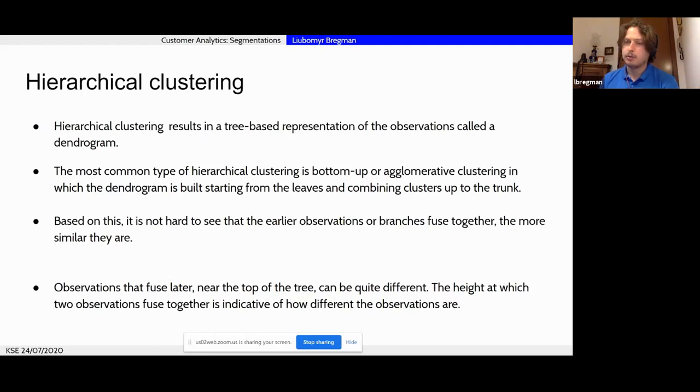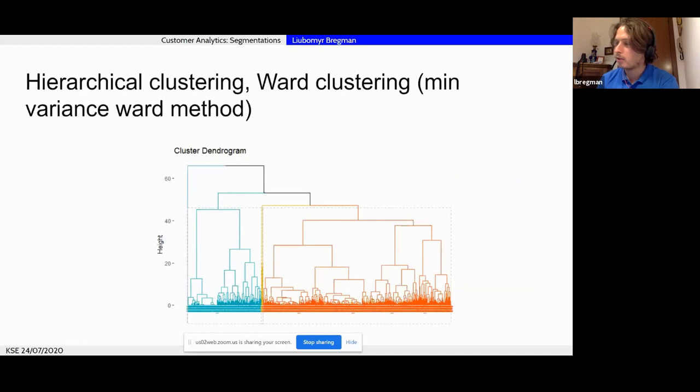But I think one of the biggest disadvantages for this kind of algorithm, at least in the Ward type, is that, first of all, you should decide where you stop. So for this algorithm, you should decide that, okay, I stop on this level, or I stop on this level, or I stop on this level.